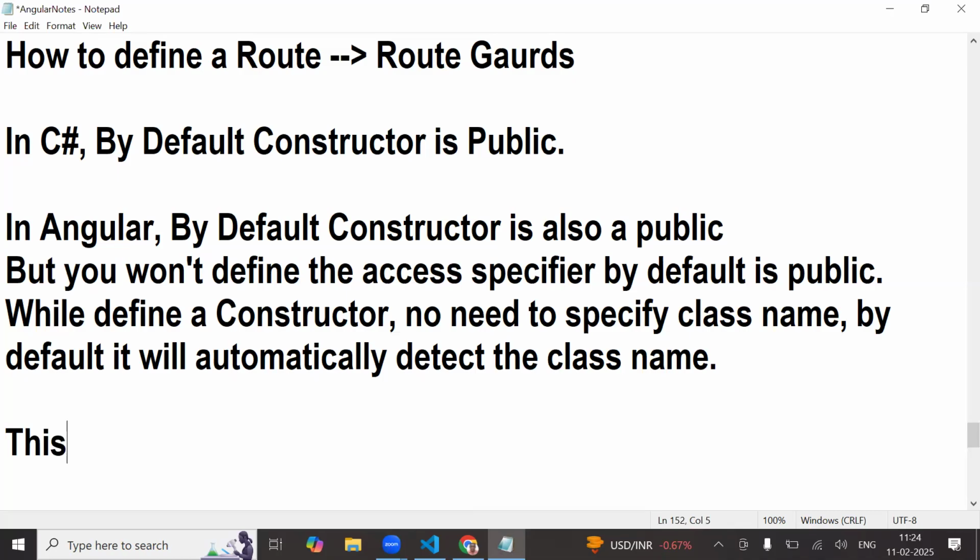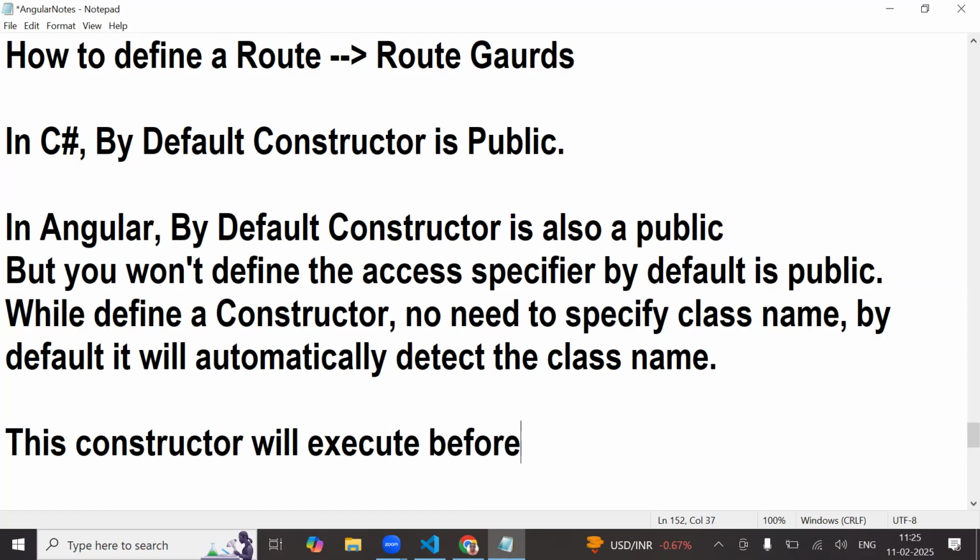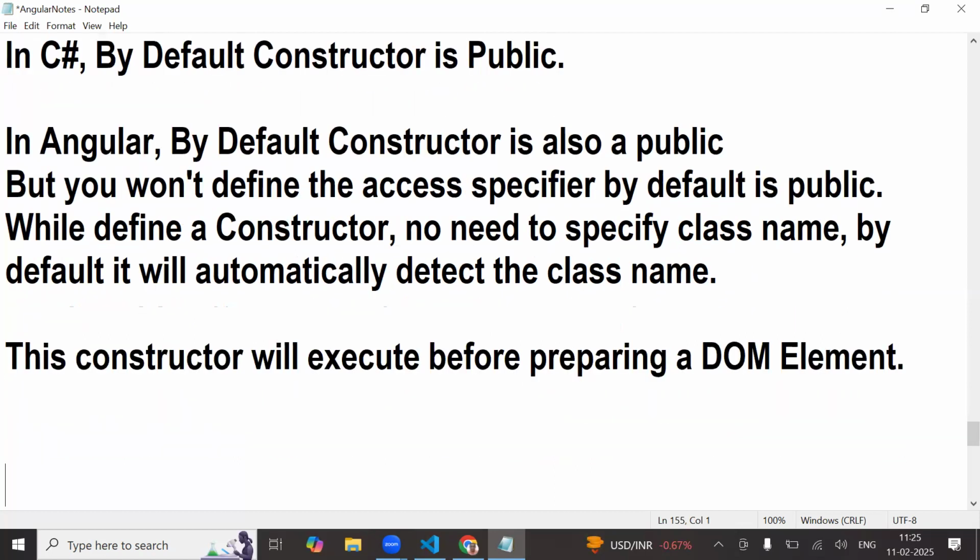See, this constructor will execute before preparing a DOM element. Agreed? What is a DOM element? HTML element is your DOM. Understand my point, right? Yes, sir. But